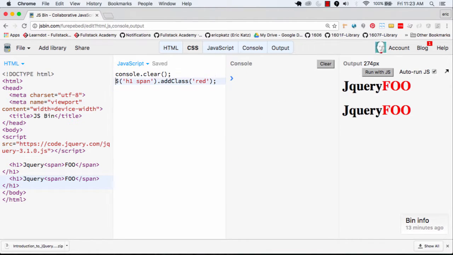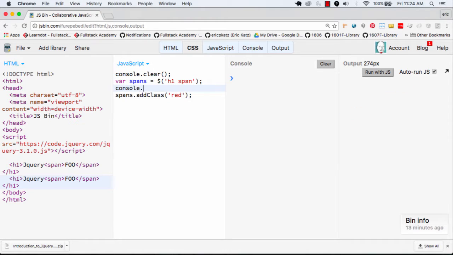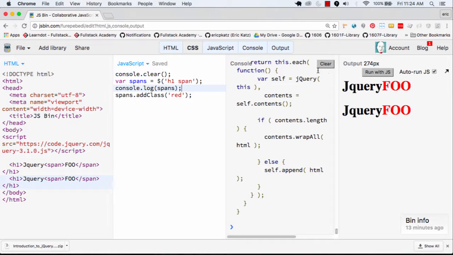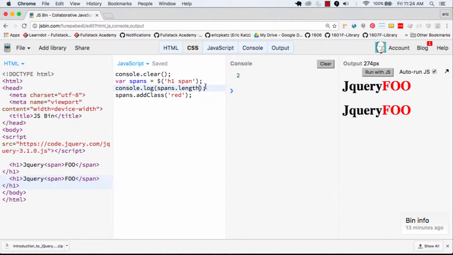I could go over here and say, hey, look, my spans, and I'm going to use my selector, and I'm going to say H1 span. And instead of putting this here again and using my selectors, I'm going to say use my spans and add class. This works the same way. What I want you to see here, if I ended up doing a console.log of spans, and I said length on this, it's going to tell me I have